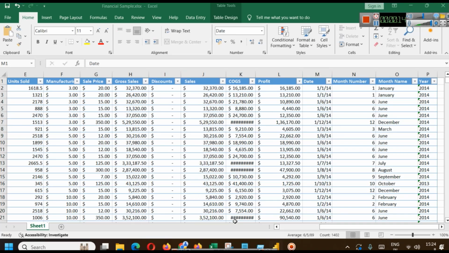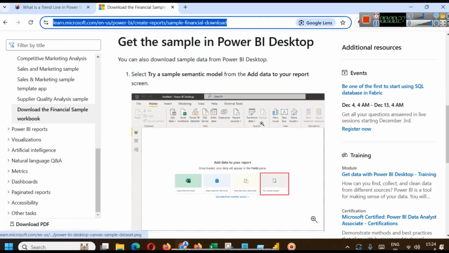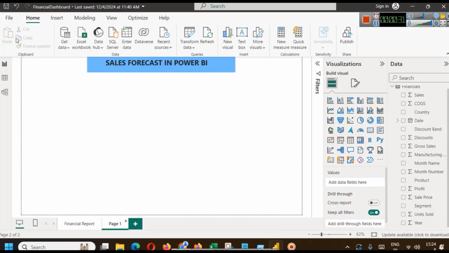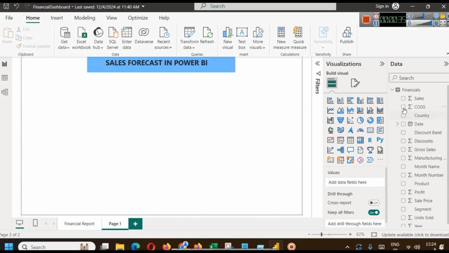The financial data that we are using here is the financial sample data set that you can get from learn.microsoft.com. So I will provide the link to this Excel workbook in the description, and what you have to do is just click on get data, click Excel workbook and connect the data. When you connect the data, you will see output like this,